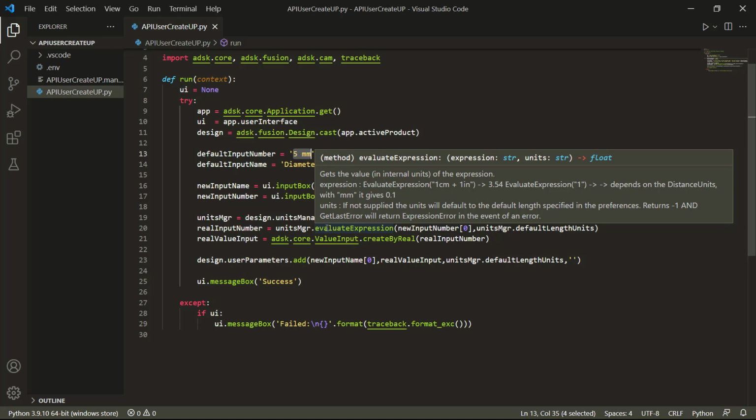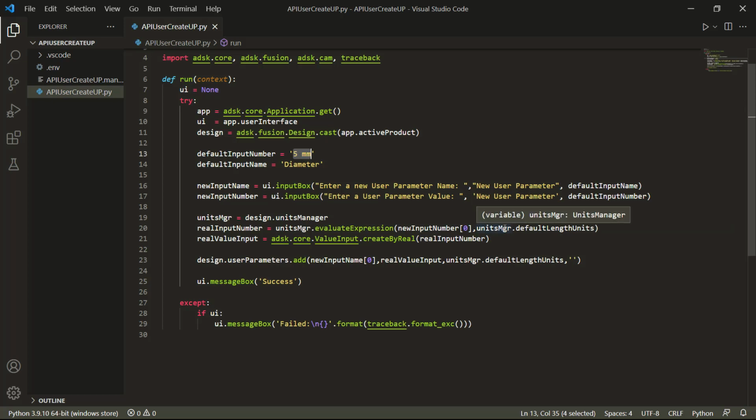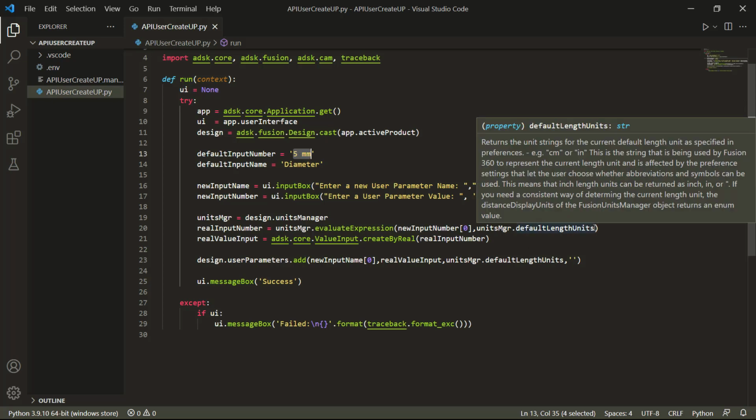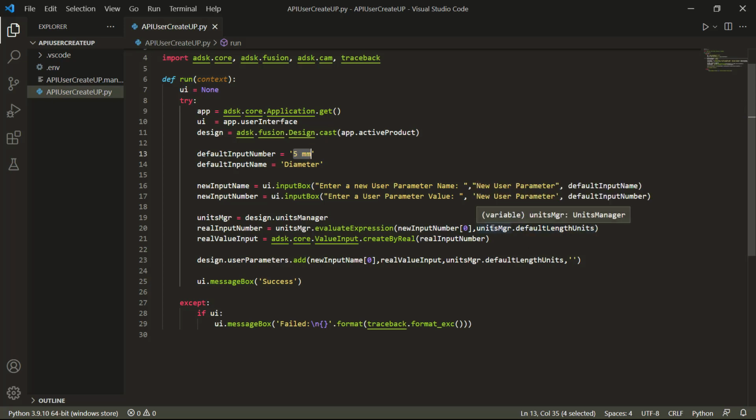Now this is important because this evaluate expression automatically goes through the process of helping us deal with the default units in Fusion 360, which again are centimeters for our length values and radians for our angles. So this units value is what we really need to create as a degree. So we don't lose any of our work,